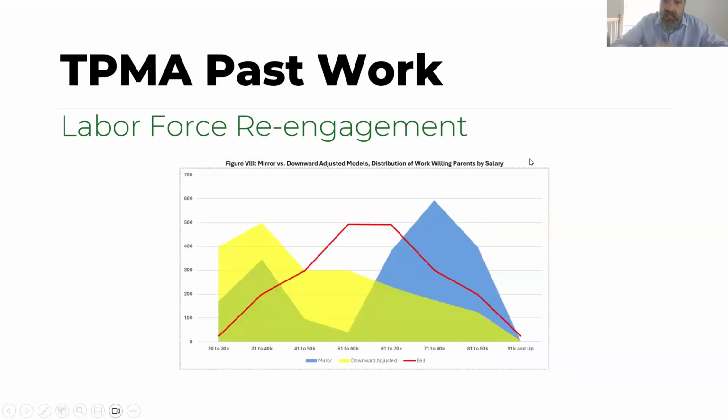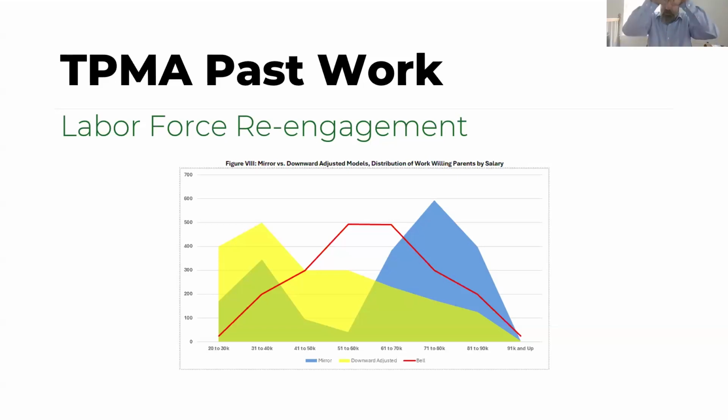And you can see that's just the companion graph that goes with this. That is our mirror versus downward adjustment model. That's my very feeble attempt with that red line to draw a bell curve. Those of you that are familiar with that, plus or minus 2 standard deviations from the mean. I don't want to give anybody methods or econometrics flashbacks, but that's what that is. So that would be a normal distribution.